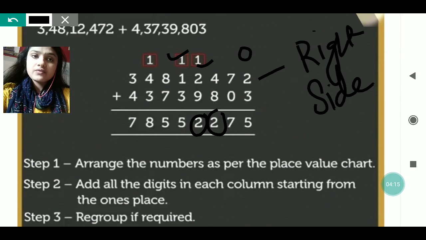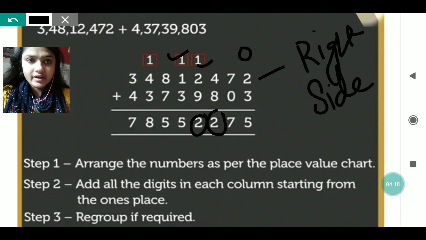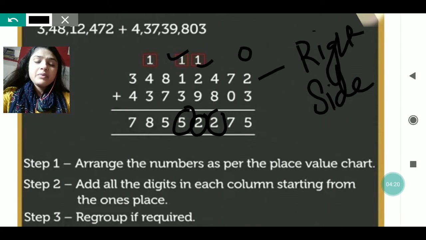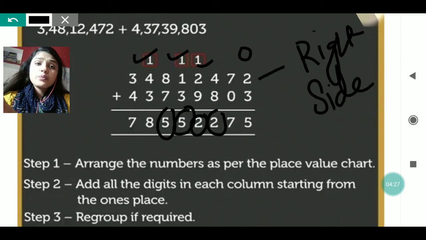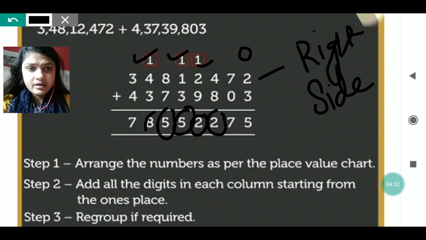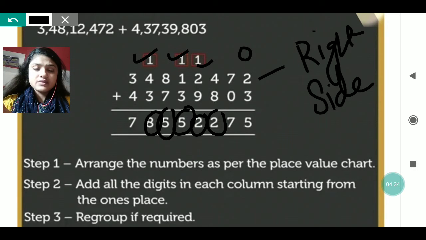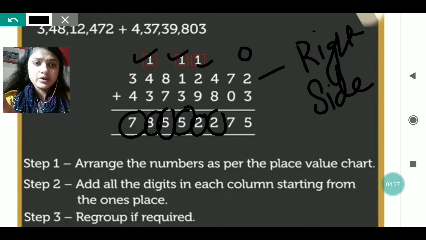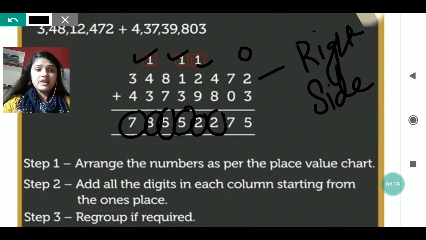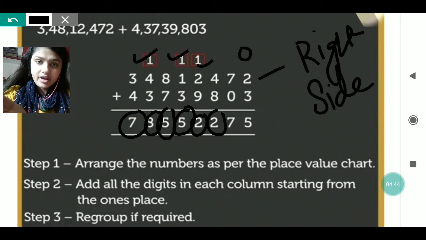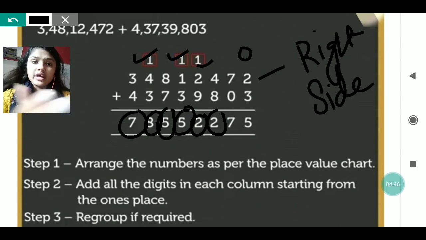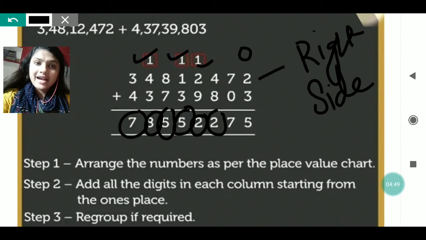Now 1 plus 3 is 4, plus 1 is 5, which I will write here. Now 8 plus 7 I will get 15. So of 15, 5 you write down and 1 you take as carry. Now 4 plus 3 you will get 7 and plus 1 is 8, which will be written down. No carry is there. 3 plus 4 is 7. So you will get 7 crore 85 lakh 52,275. So this is the number which you are going to get. So this is how you do the addition, my dear.